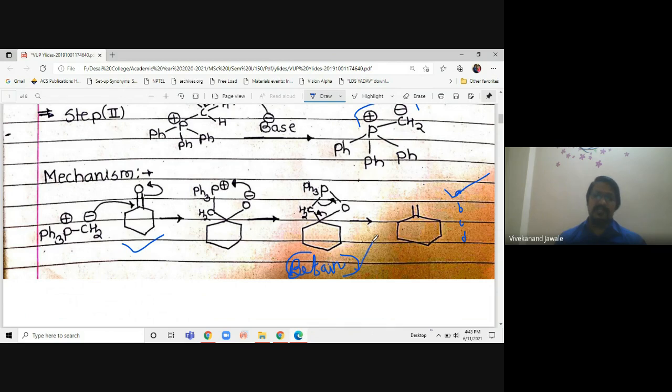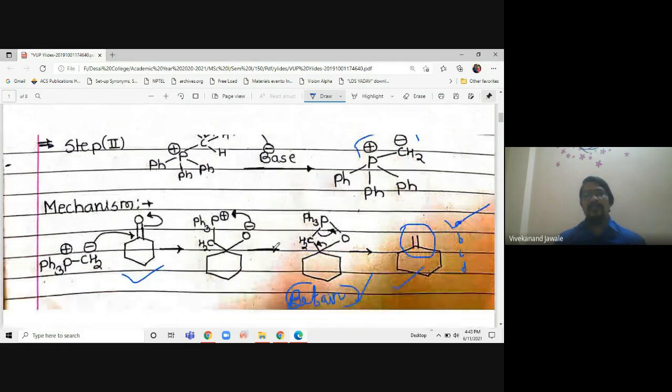This is also important. Now here, phosphorus has a bigger size than carbon or oxygen, and the phosphorus-carbon bond is weak as compared to the phosphorus-oxygen bond. So that's why this bond breaks. Similarly, if this bond is breaking, this bond also breaks, and there is a formation of a double bond over here, and this particular structure is nothing but an alkene. So this is the formation mechanism.